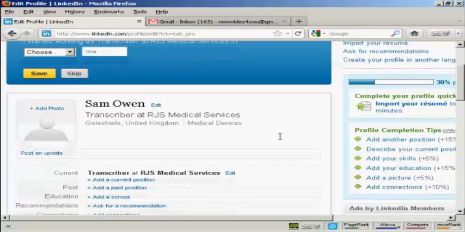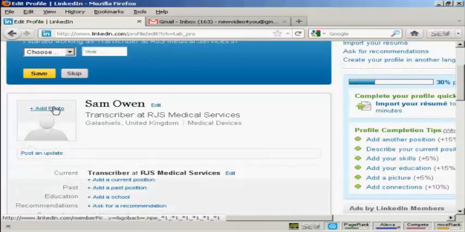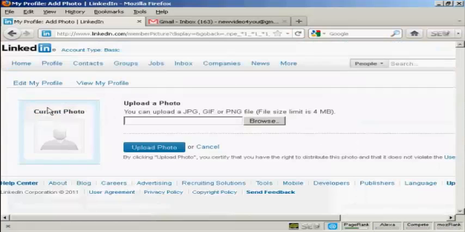First thing you want to do is to add your photo, and this should be a professional looking photo. You don't want to have, you know, a snap that was taken at the Christmas party or anything like that. You want to have a nice looking photo. So let's just upload a photo here. I'm going to click on add photo, and then I can upload it from my computer. So click here on browse,